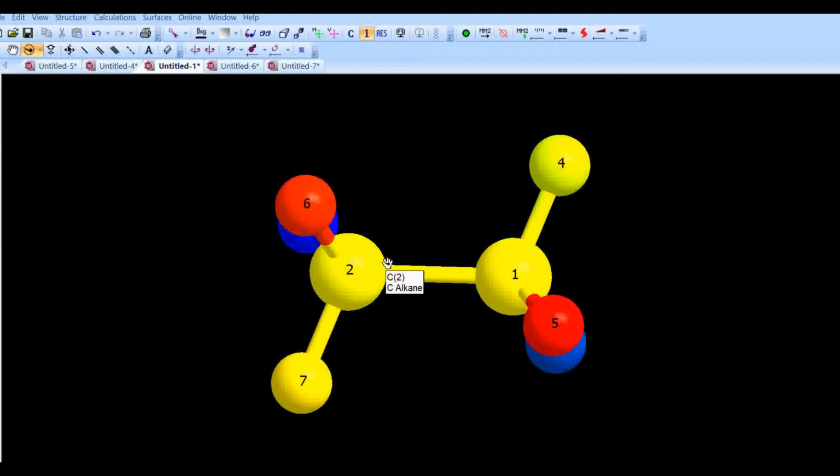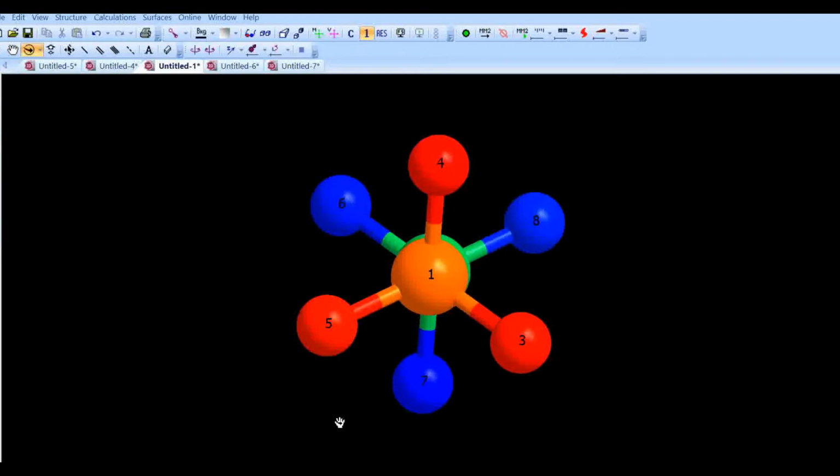A plane passing through 7, 2, 1 and 4 actually divides the molecule into two equal parts. So this molecule has a dihedral plane. It has a C3 axis as the principal axis, and it has three C2 axes perpendicular to the principal axis. Therefore, I will classify this molecule as a D3d point group molecule. The staggered form of ethane belongs to the D3d point group.